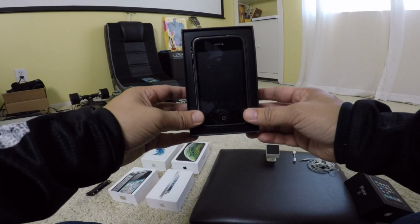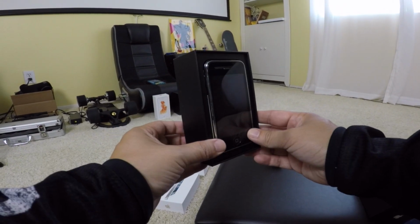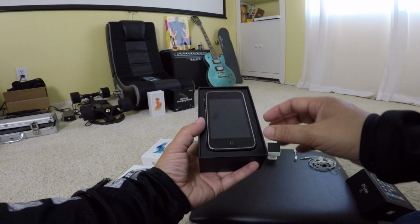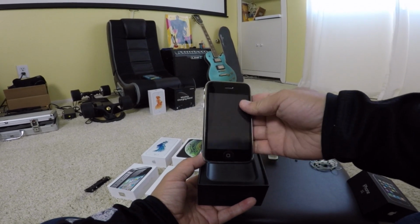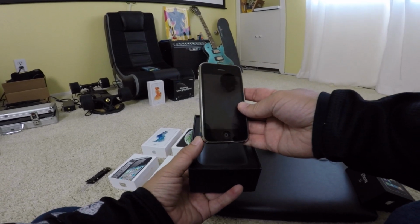This is the iPhone 3G with 8GB in black, released in 2008, and I've had this stored away all these years. I didn't want to sell this one. This is my very first iPhone, and I'm going to show you what it's all about. I'm going to try to turn it back on and see if it still works,